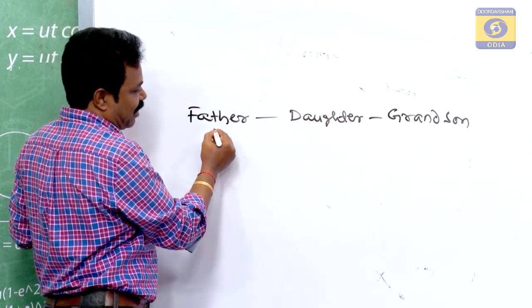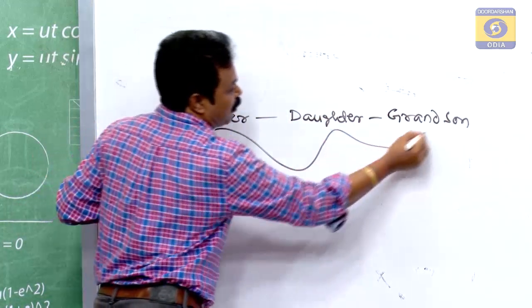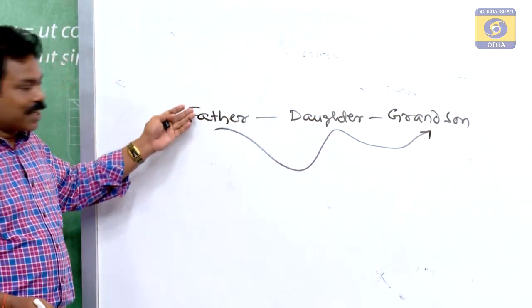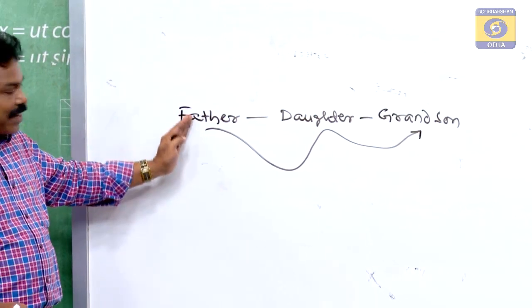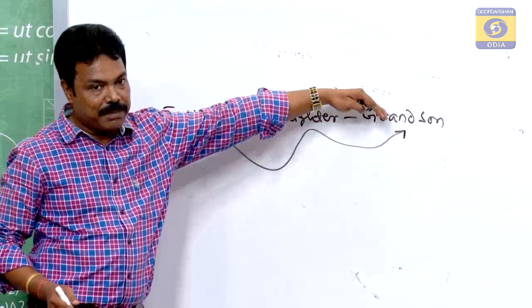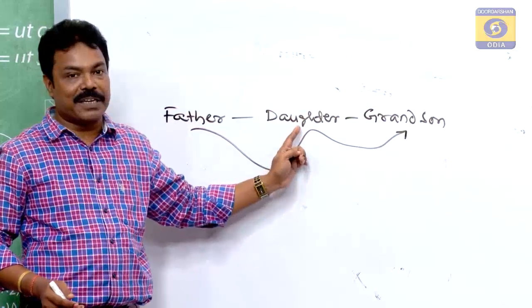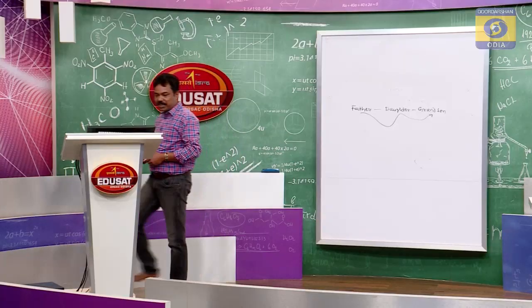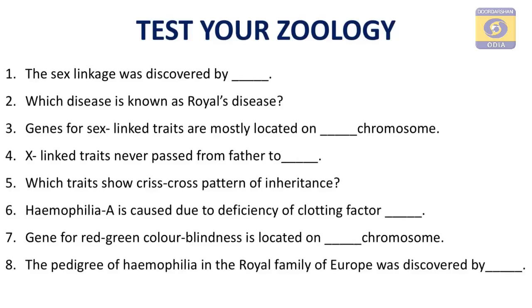This means this character is inherited from father to grandson through daughter, transfer of characters from parent to grandchild of the same sex through offspring of opposite sex, right. Any doubt? Then the next question we shall discuss, hemophilia A is due to deficiency of clotting factor 8,